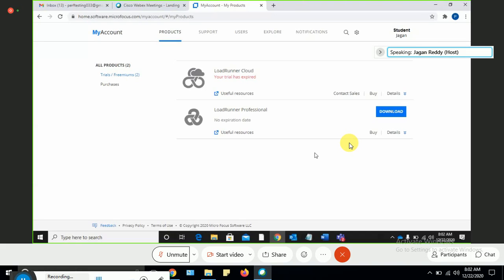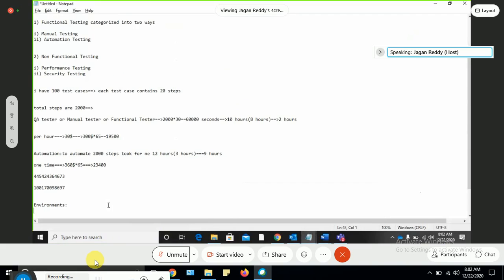From tomorrow onwards, the actual class will start. As of now, we saw the basic concepts. From tomorrow onwards, the actual class will start. Okay, guys. Let's see the last concept for today, called LoadRunner